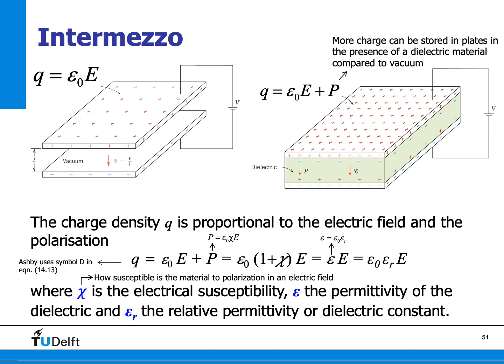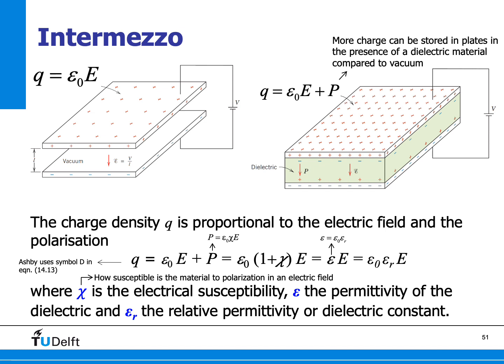So we have this equation, and it's maybe good to see other forms in which we can write that, because the polarization is proportional to the electric field, and the proportionality factor is what is called the electrical susceptibility. So that is basically a measure of how susceptible the material is to polarization in an electric field. So if we combine this formula with this one, we can write it in this way,